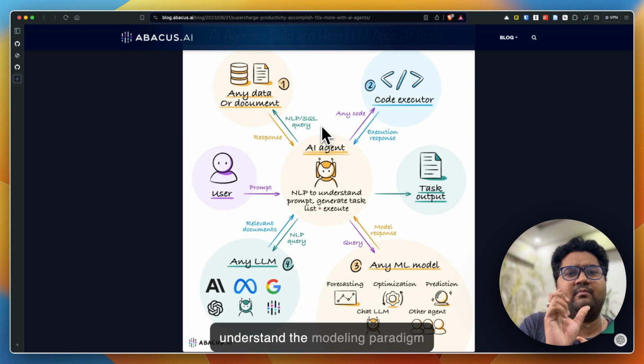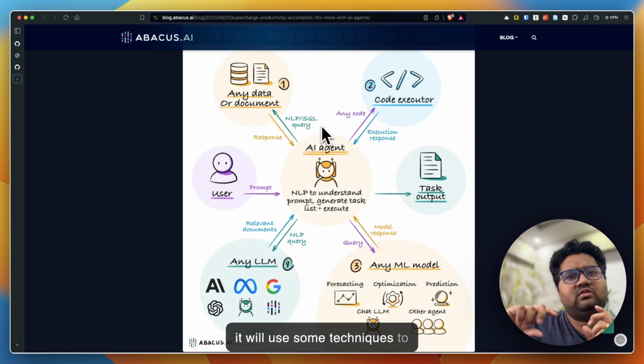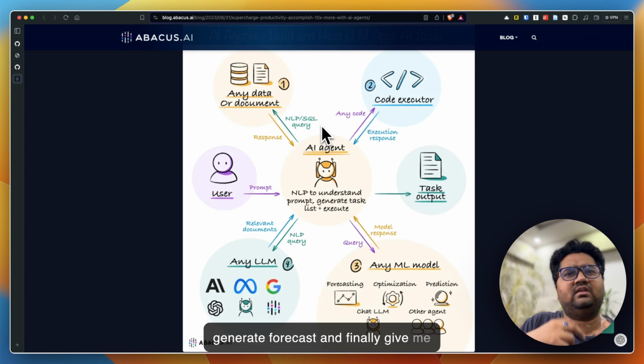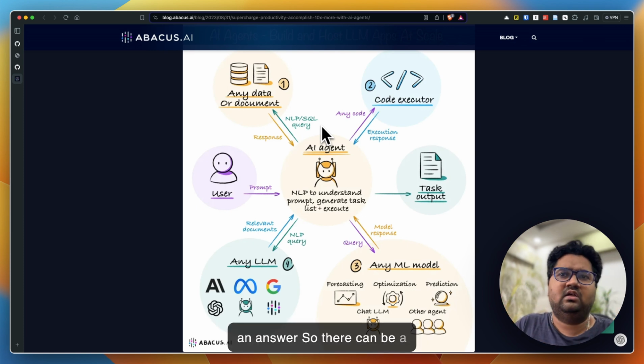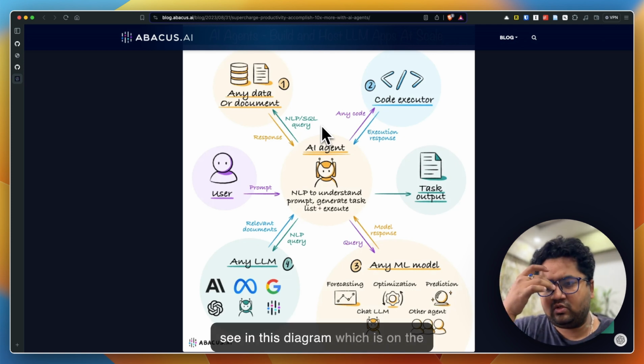Second, it will understand the modeling paradigm कि इसको forecast करना है, predict करना है. Third, it will use some techniques to generate a forecast and finally give me an answer. So there can be a multi-step process. So as you can see in this diagram जो है screen पे,